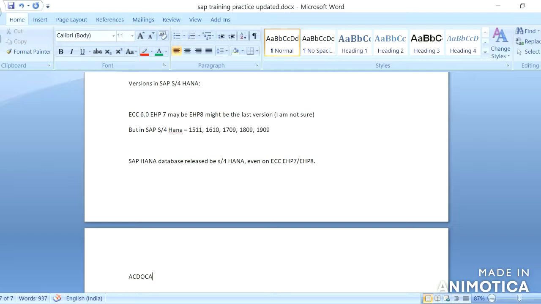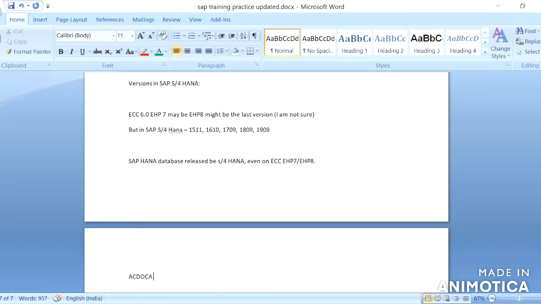If we use only SAP HANA as a database, this table will not be included. If we are using only SAP HANA as a database and the application is SAP ECC, in ECC ACDOCA is not available.